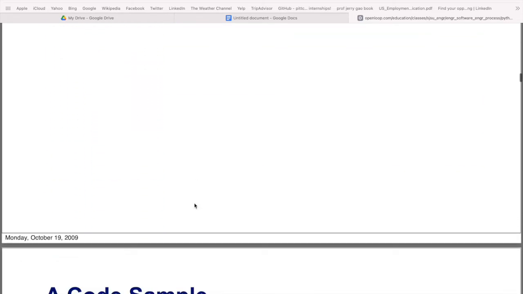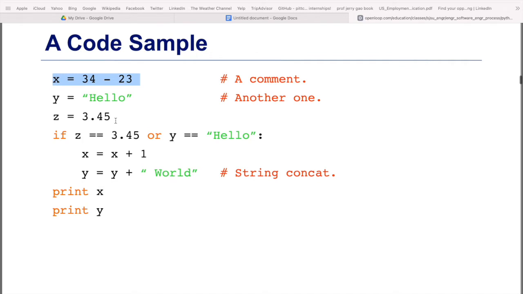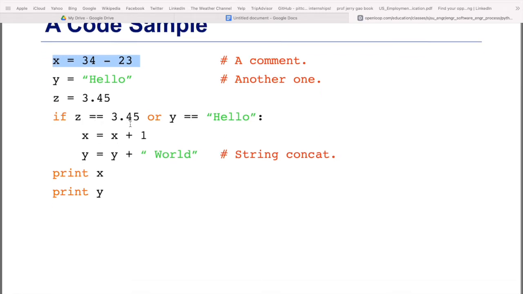The next is the code, the very basic Python. Here we are calculating the x value. x equals 34 minus 23, y equals hello, and z equals 3.45, which is a float value. Now if z equals 3.45 and y equals this, we are incrementing the x value, and we are adding a word to y.